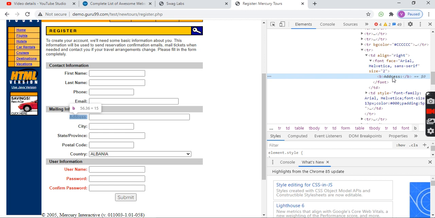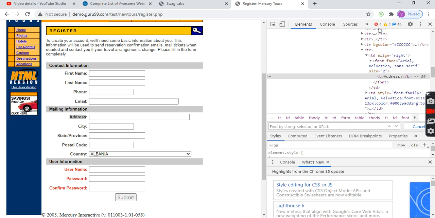Class needs to be here. Do we have a name class here? No. Tag needs to be there, but we have only one tag. Okay, then class name is not there, tag name, partial link text, nothing is here. So that is what we are going to identify with the help of the XPath. XPath also is really tough.